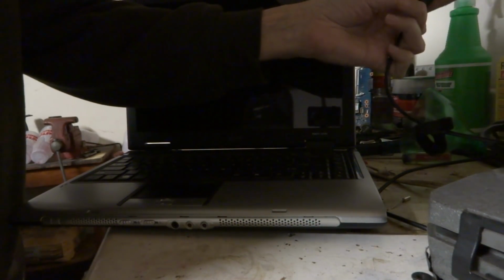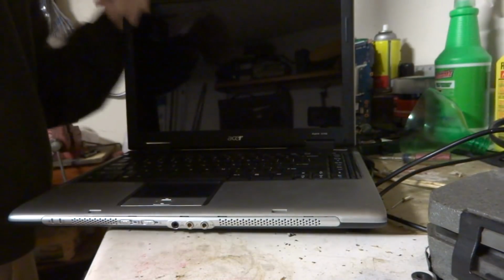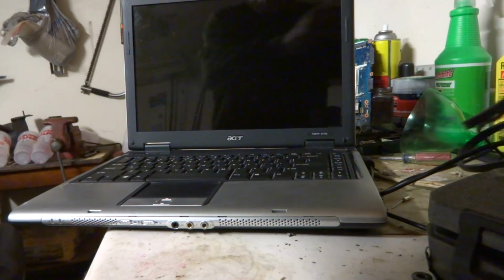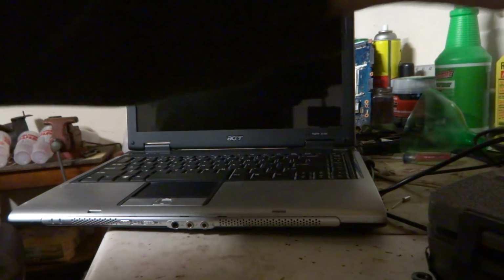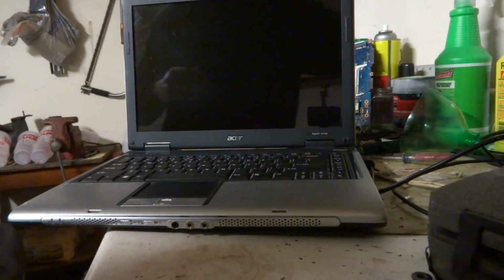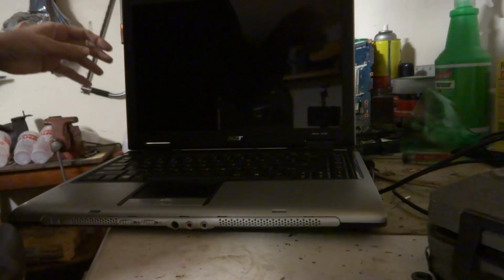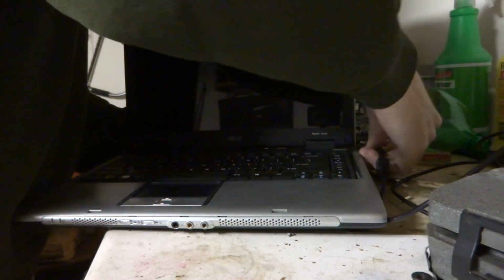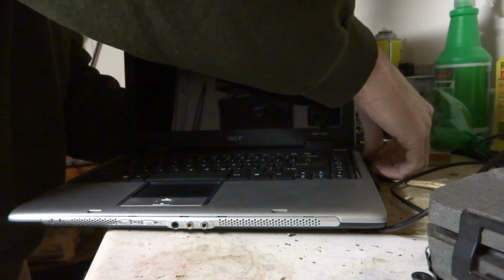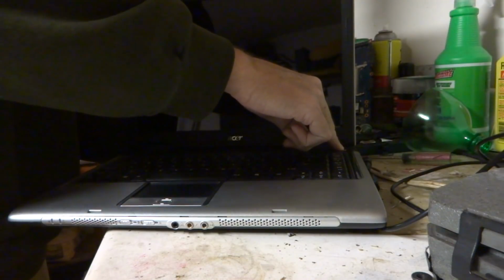plug in your power and your other power here. See if I can get to that. I got to move this cord down. Okay. Alright, and then plug this in. And let's see if it, well,